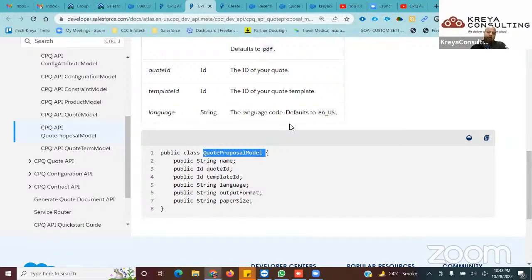What is the business use case here? The business use case is my customer would like to generate a code proposal document automatically in certain cases, rather than generating these documents manually. So what I have to do,